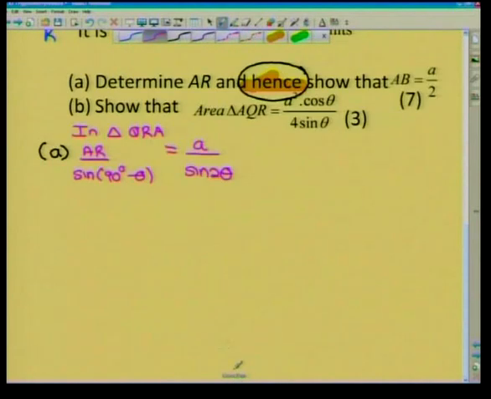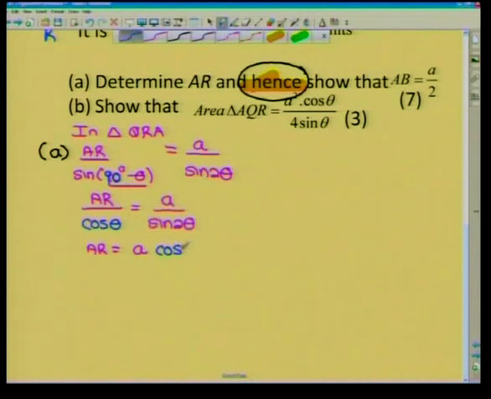Right, now it becomes straightforward algebraic manipulation. So what do we know about 90 minus? It changes this one to cos theta. Remember, the 90 makes it its co-ratio. Equals A over sine 2 theta, which means AR, which is what I'm trying to find, is A cos theta over sine 2 theta. Now, we always look to see if there's any way we can simplify this any further,